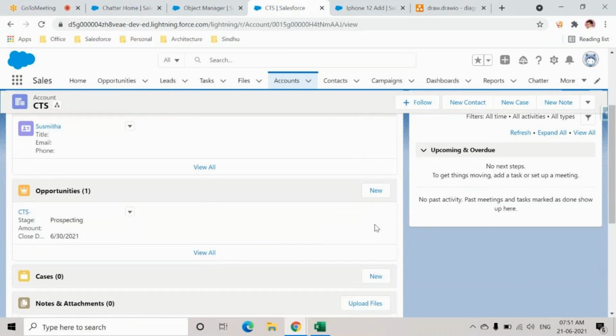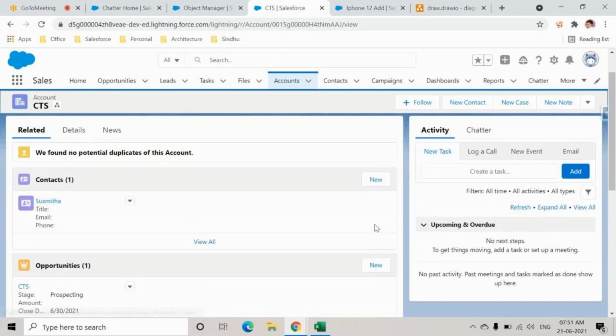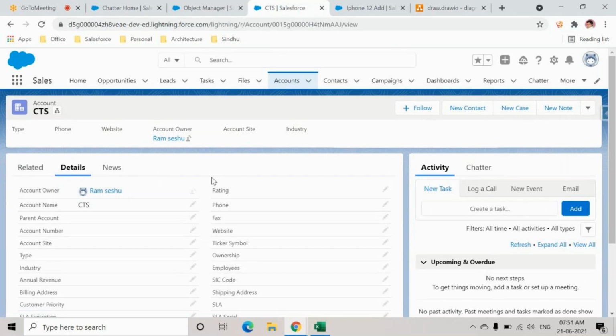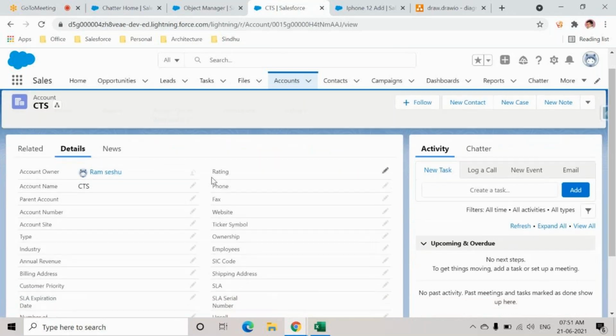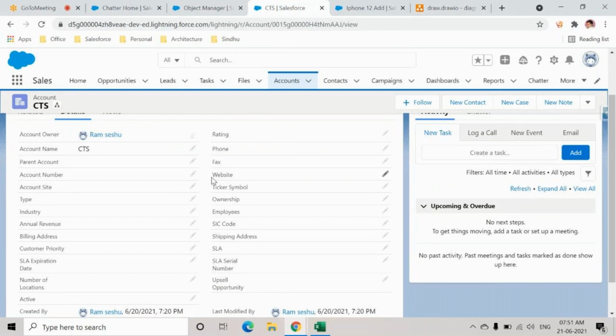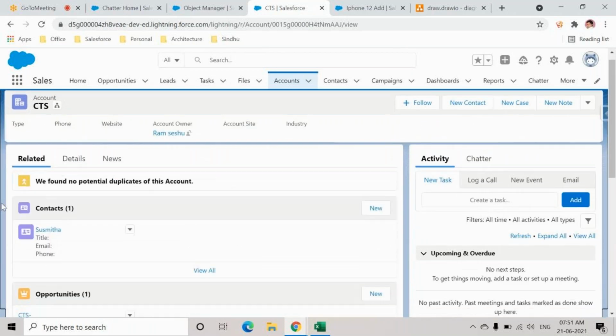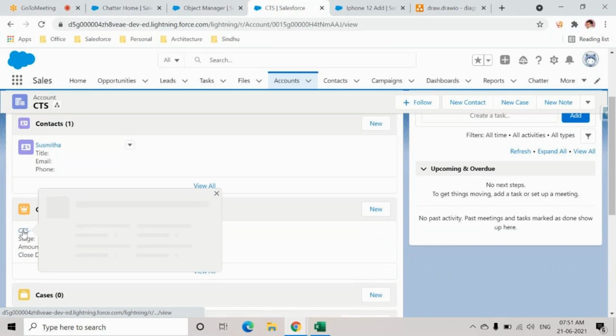Once the conversion is made, you can start capturing more information on the account, like what rating you will give, whether there is any parent account, the annual revenue, SSA code, shipping address, billing address, everything. Then there is something very important, which is your opportunity.